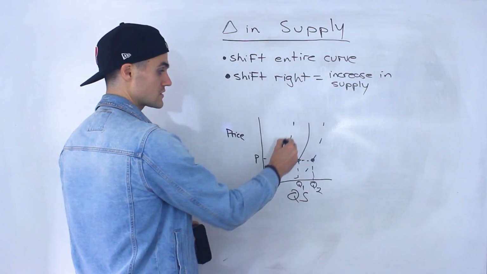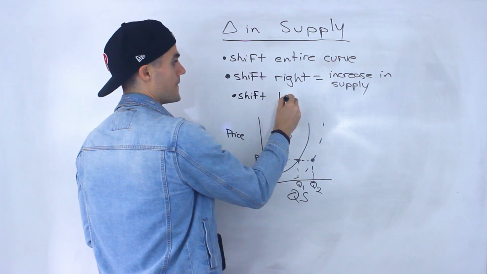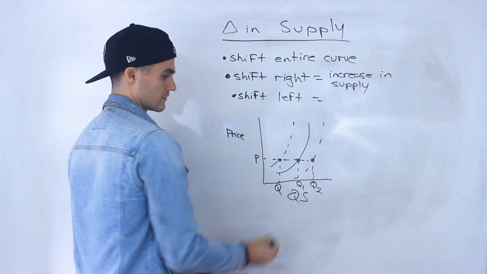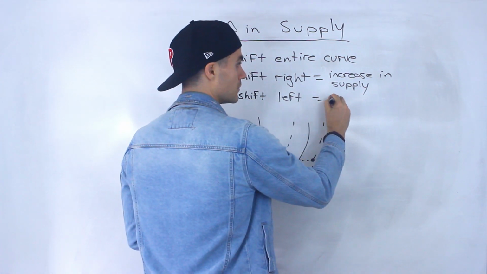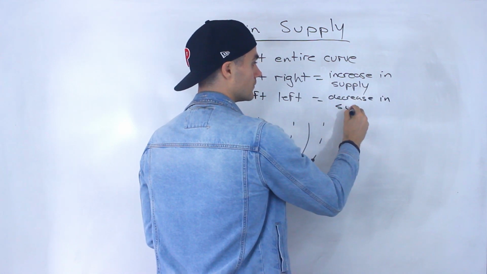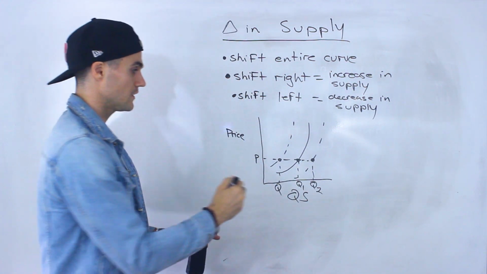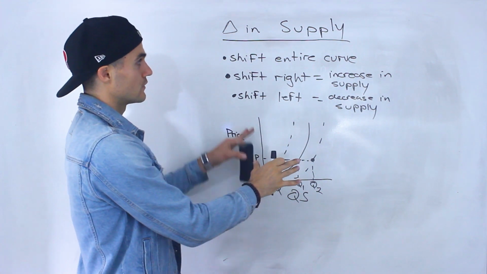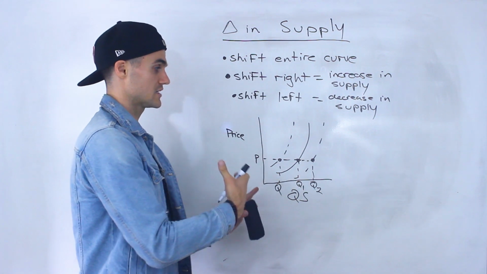And then notice if we shift the curve to the left, then at that price, that quantity supplied is going down. So a shift of the supply curve to the left means there's a decrease in overall supply. So changing quantity supplied, in the previous video, I was moving up and down the curve. We were keeping the curve kind of static. Versus here, now there's going to be factors that we're going to talk about that are going to shift the entire curve,